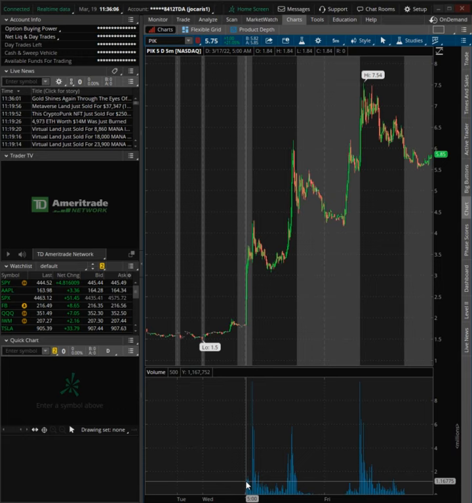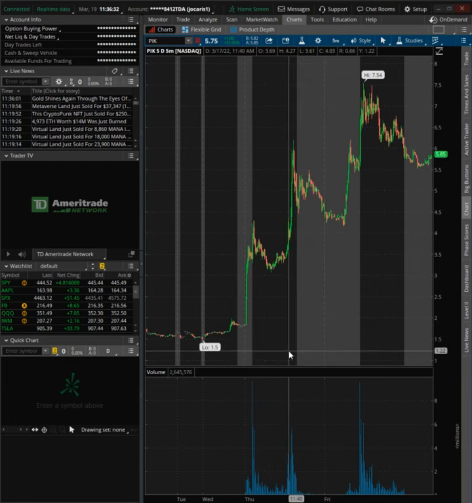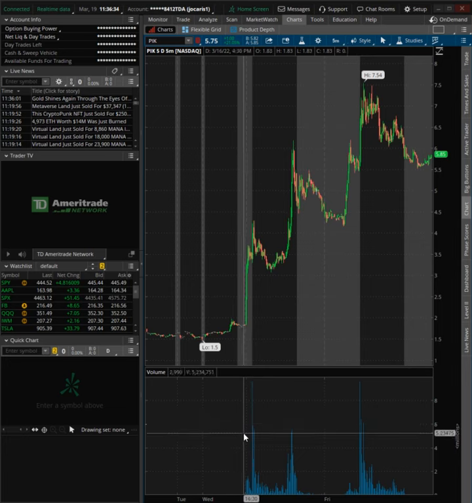Now, one thing I suggest is to trade during regular market times. There are people who trade pre-market, which is this area right here, and people who trade after hours. Once you get your footing, once you get a good idea of what's going on and get a good gauge of the flow of pre-market as well as after hours, then by all means go for it. Because one of the things about